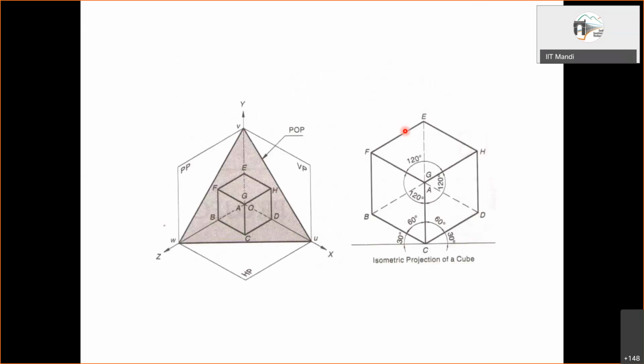Beyond this, we need to consider that a single projection is giving us all this. So this is the particular orientation we are trying to achieve. We have considered the case of the cube because it gives us the exact visualization of these equally inclined faces, this one, this one, and this one. That is why the cube is considered the basic unit. Afterwards, we'll discuss how this is useful for obtaining isometric projections of different other objects. All of them don't have to be essentially cubes. These will be of different shapes.